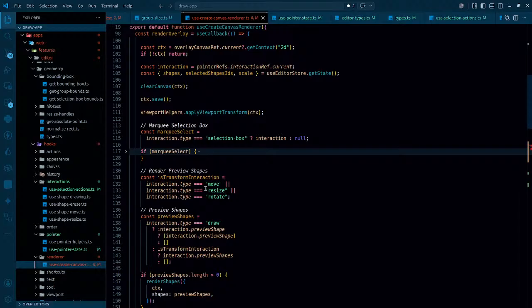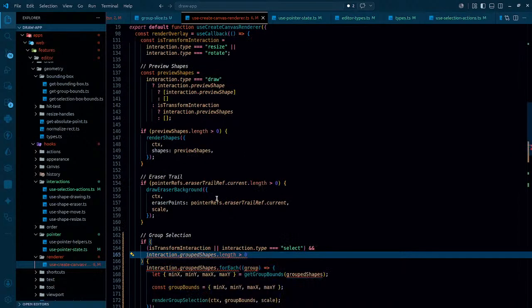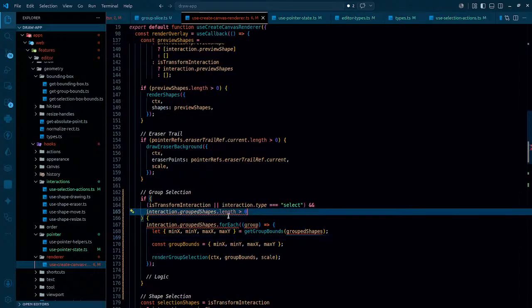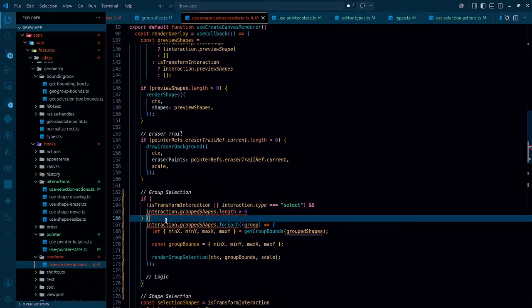Coming back to this, we have interaction. After having the interaction, now we are gonna get the group shapes. And what do we have to do? We have grouped shapes. Okay. And if interaction.groupedShapes length is greater than 0, then this is shown. In our case,